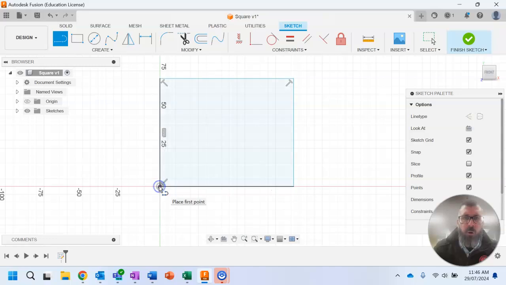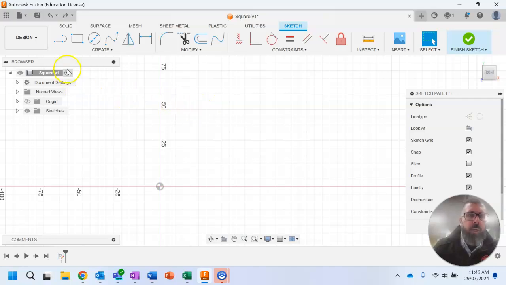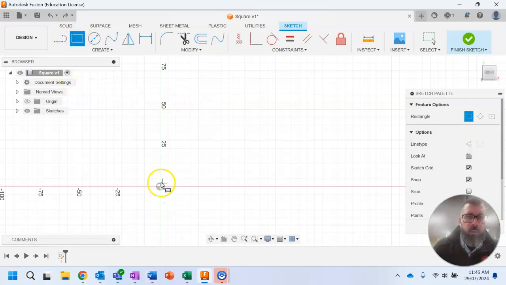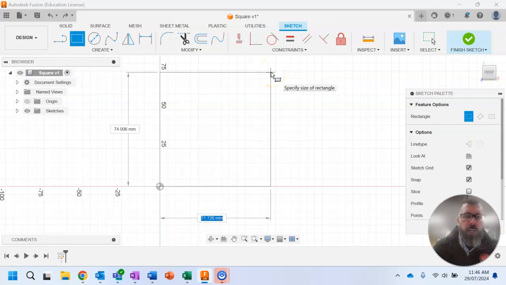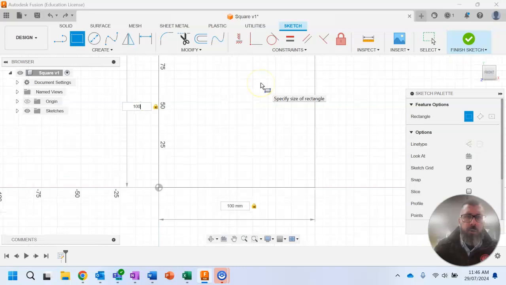Once we come back to the origin, it will create this blue shape, which means that it has turned into a shape. But I'll get rid of that one. Or we can use the square tool or rectangle tool. So we want our rectangle to be 100 by 100. So as we're doing that,